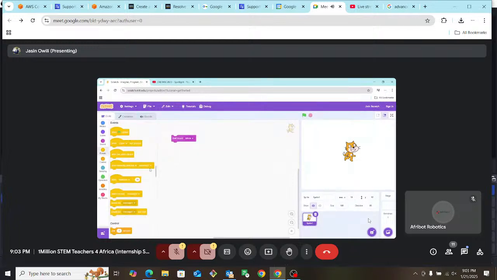Next, we have Events. And Events is about when you want something to happen. I want this to happen when a flag is clicked. For the last three palettes that we've explained, I was dragging them to the scripting area and activating them manually. So if you want to activate them here, then use this "when flag clicked."